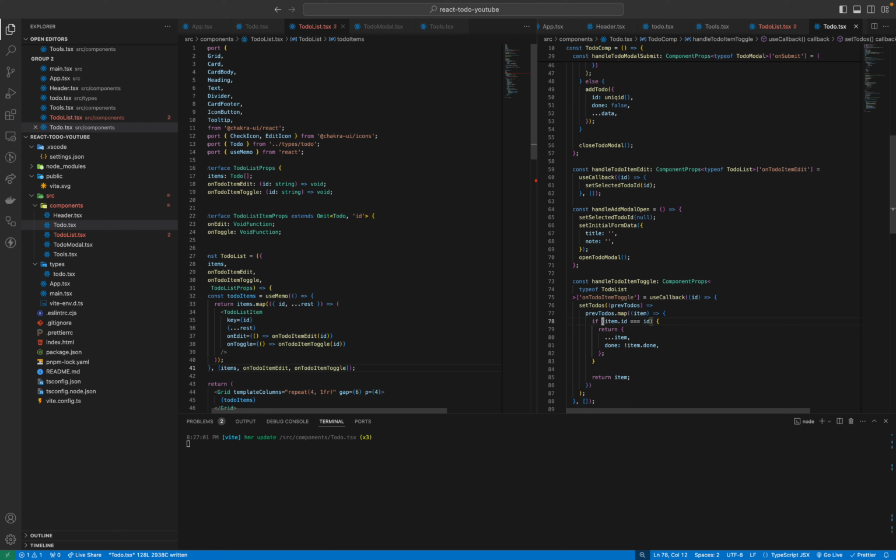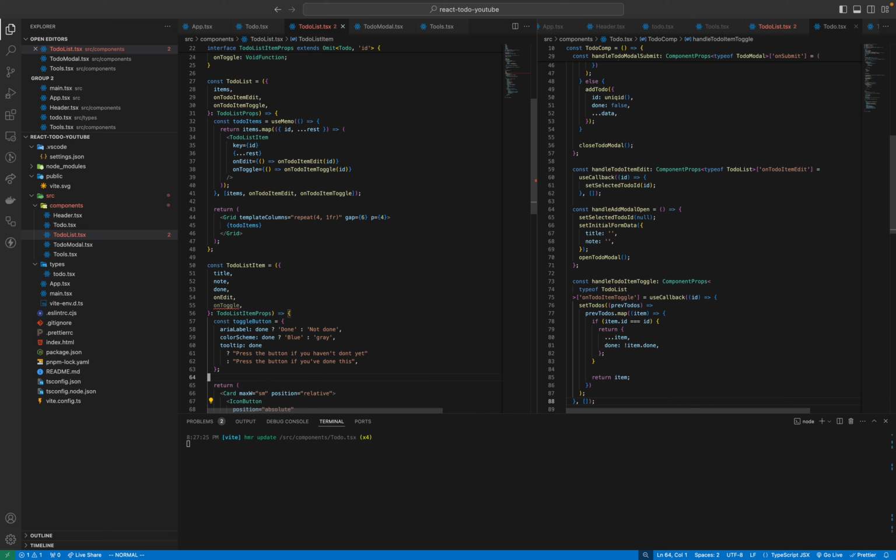Since we use callback function inside this dispatcher, we need to pass the callback function to this dispatcher. We don't need to add dispatch as a dependency. We don't need this. And